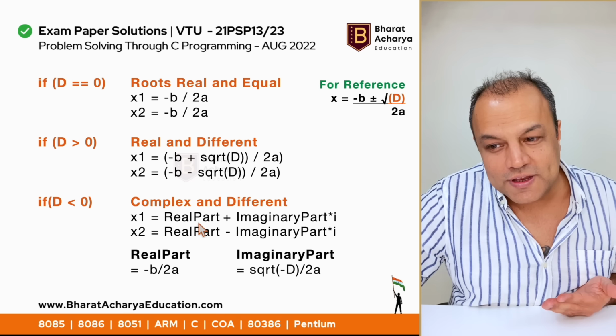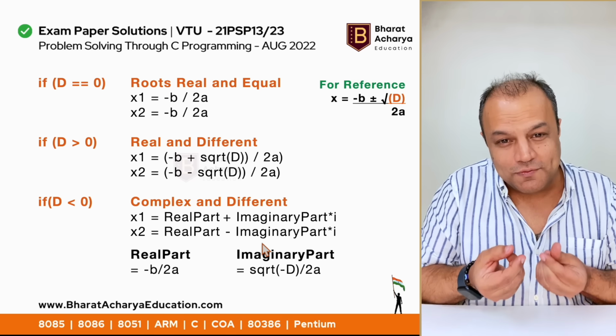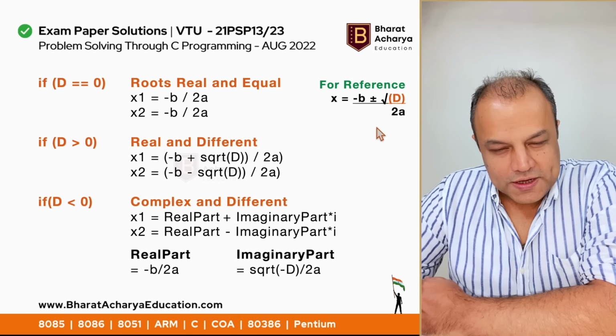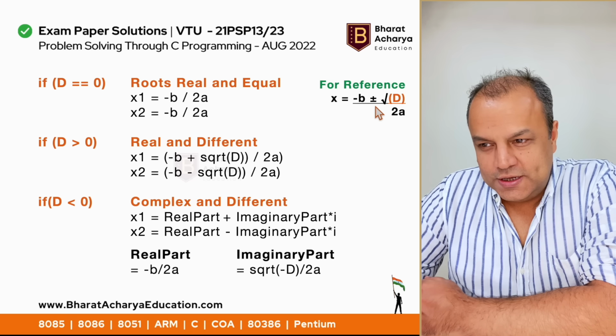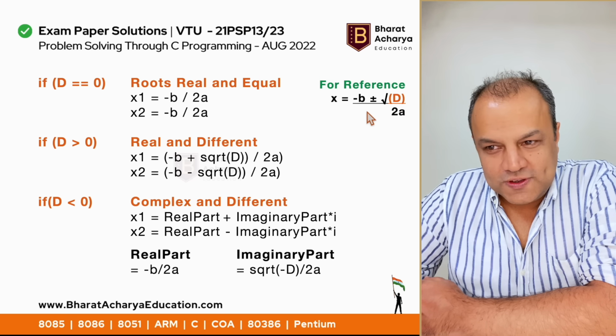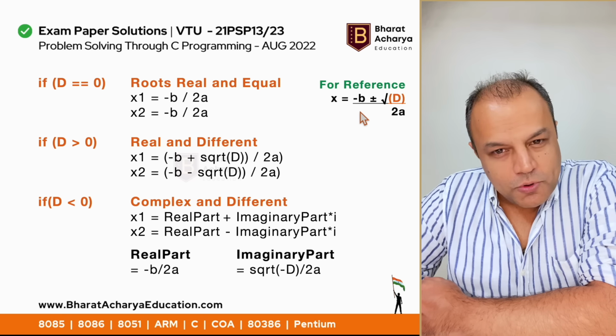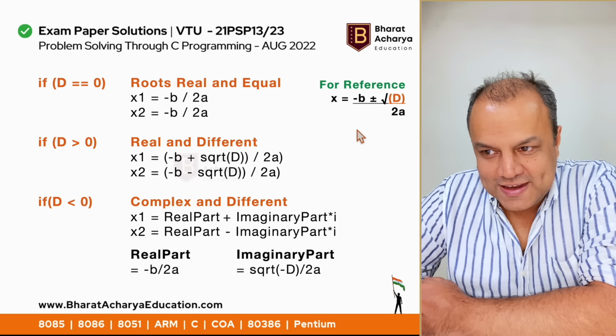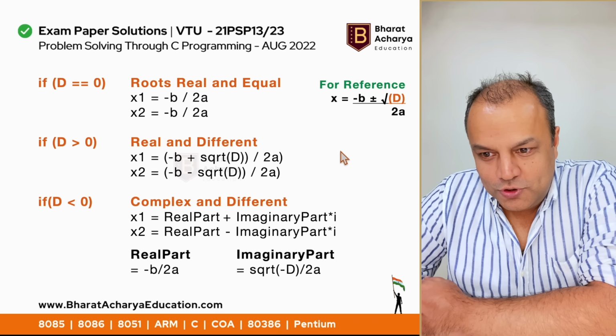Now, what you have is a real part and an imaginary part. Both of these are basically values. How do you calculate them? Look at this equation, okay? Full focus over here. I can split the denominator on both sides by simply writing minus b upon 2a plus minus square root of d upon 2a. Tell me, did you understand? So that minus b upon 2a